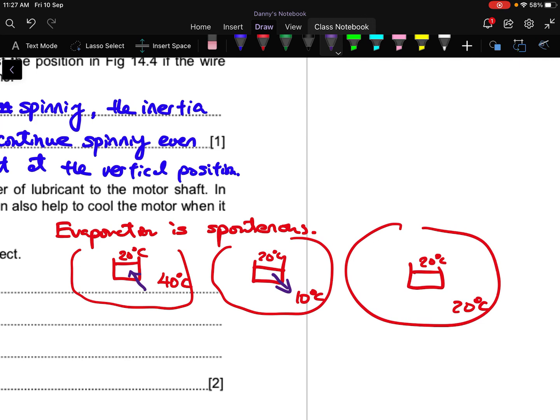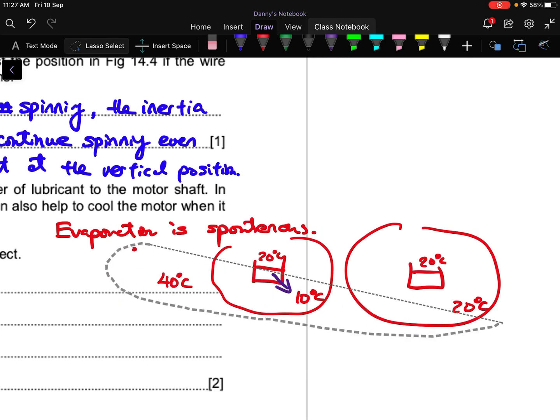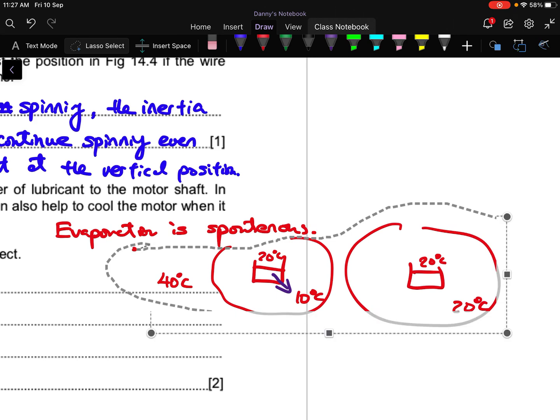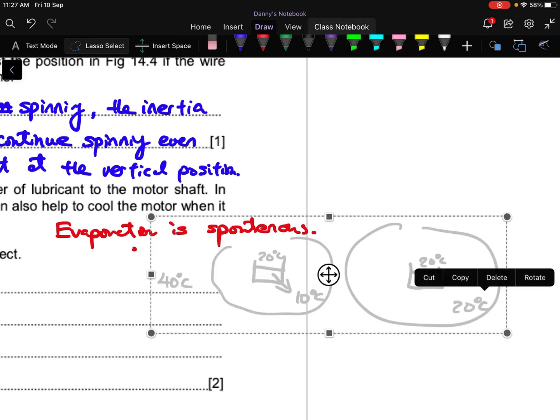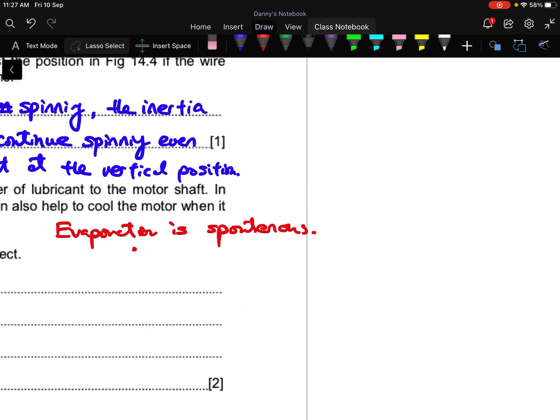And if the question wants to ask you, can you explain to me why it just happened? Then you need to go back to the kinetic model of matter and say that, due to random collision, some molecule will just gain enough energy to get out of the liquid surface. But very seldom they ask that, okay? So that's number one. And how would that affect the way we answer the question when